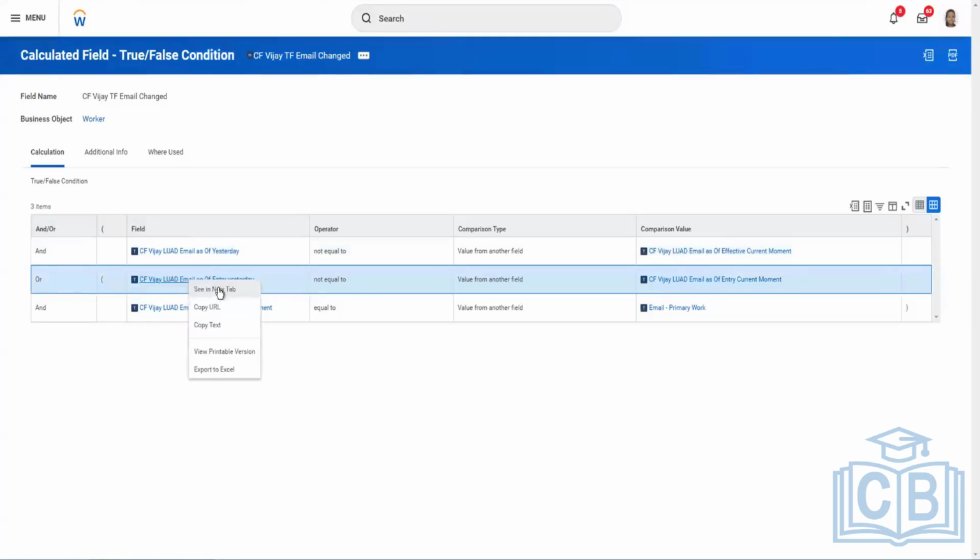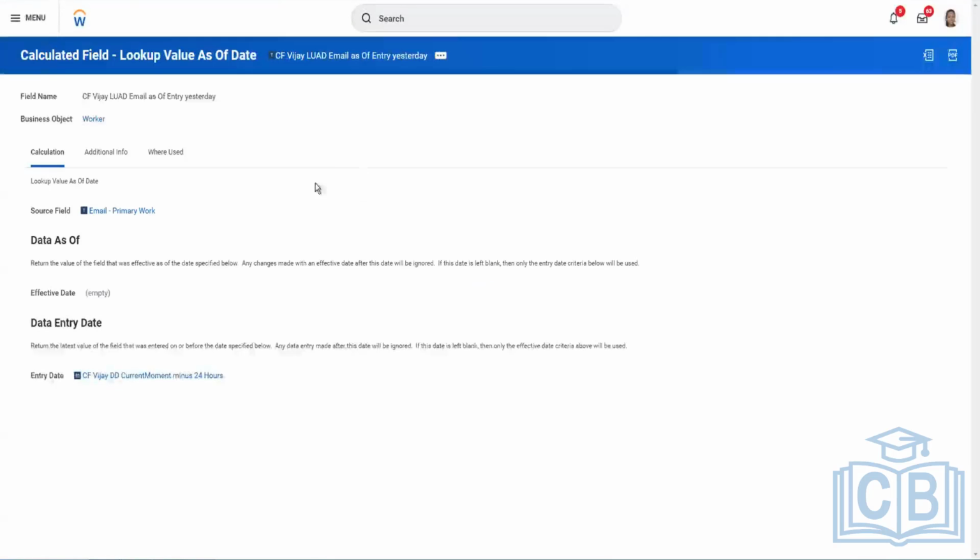When the effective condition is failing, we are checking the value as of the entry moments. So now we are checking the value of the email primary work, same field, exactly same date, minus 24 hours, but as of the entry criteria. That means it was entered, but it was made effective yesterday, but we are checking the value when it was entered. So at the time of entry, what was the value? So the entry moment criteria